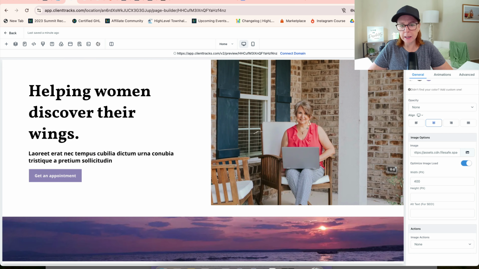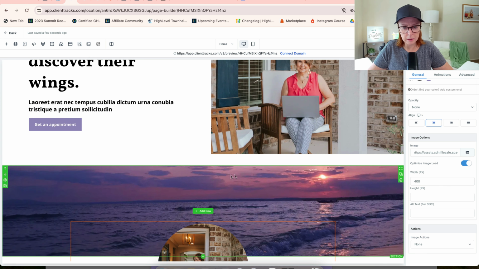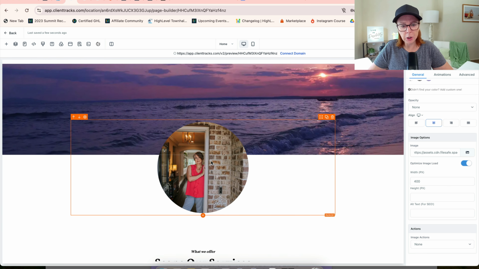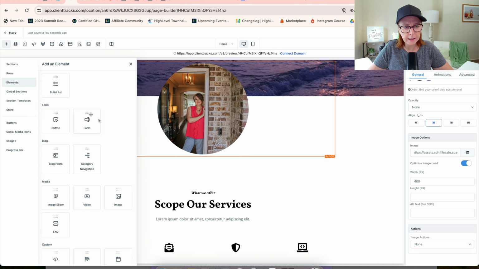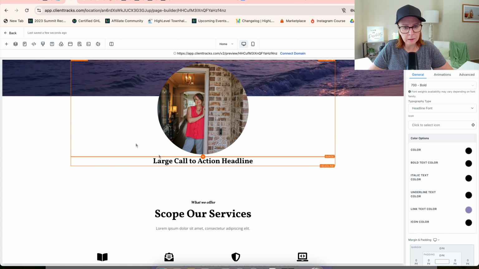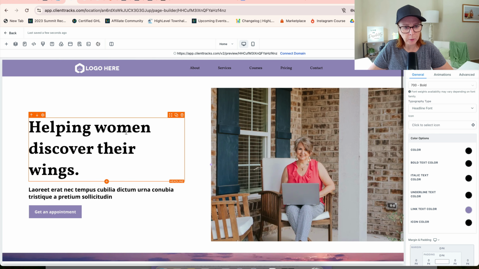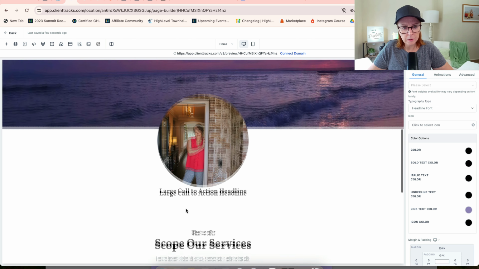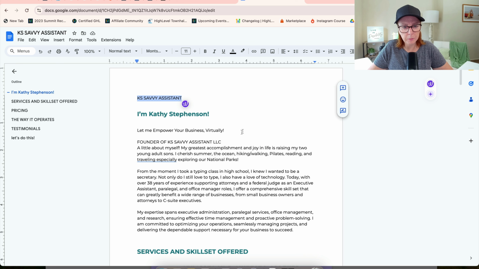Okay, I'm going to save this because I'm liking it so far, right? And the update SEO, I always leave it till the end. And this can go up bigger or not. And then what I'm going to do now is inside of here, I'm going to add in a headline. And this is going to come in as an H1. I want it to be an H2 for SEO because the H1 will be this one, right? So the H2, and we can start copying our